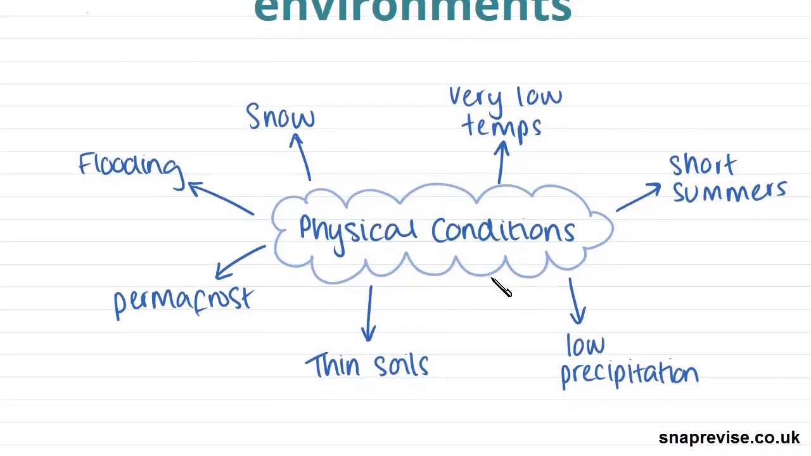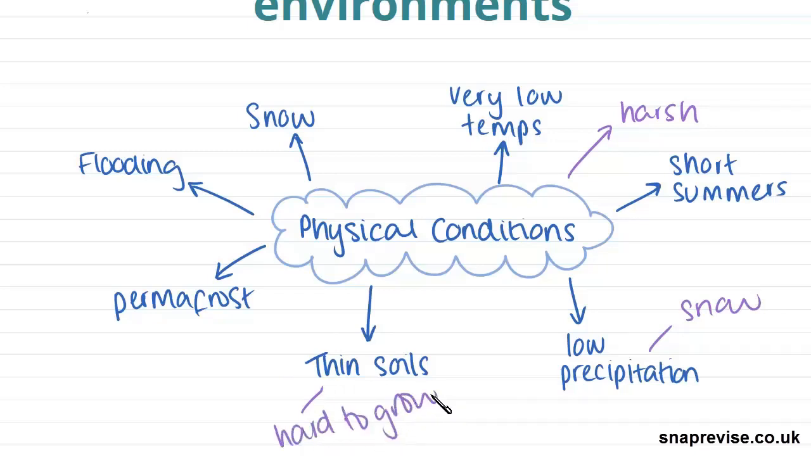So the first thing we have to consider is the physical conditions, and these are very harsh conditions which are not very compatible with human life, but still people do manage to live there. So we have very low temperatures, very short summers because we're right at the North Pole, so we receive less sunlight for a lot of the year, and our winters are complete darkness in this area. We have low precipitation, which mostly falls as snow. We have thin soil, so it's pretty much impossible to grow any vegetation, such as food